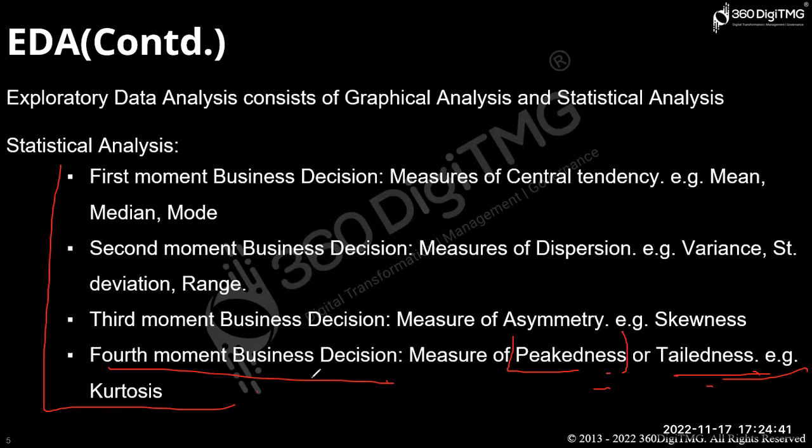So how will these be useful? When you are exploring the data, you can use any one of these, or all of these, to find out inferences from the data. What is the mean, what is the average, how much dispersion is there, how much information the data has, and whether it is symmetric or not. If it is not, we will make it symmetric by doing a transformation. And peakedness of the data: which products are getting sold the most number of times. This kind of information you are able to infer when you apply this statistical analysis on that particular data.